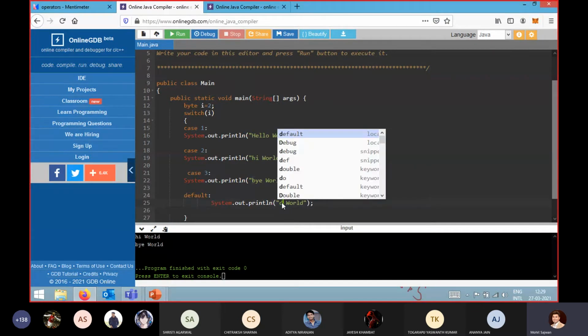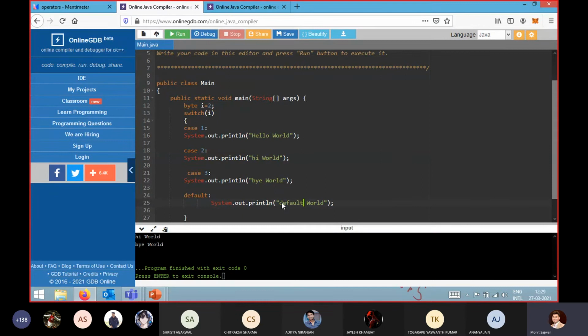So let's execute this program. You already know that here you don't have any break statement. One very important thing in your switch statement is that the default case will be executed at the last. Like in your if-else condition, you already know which statement you execute at last, you always execute the else statement.